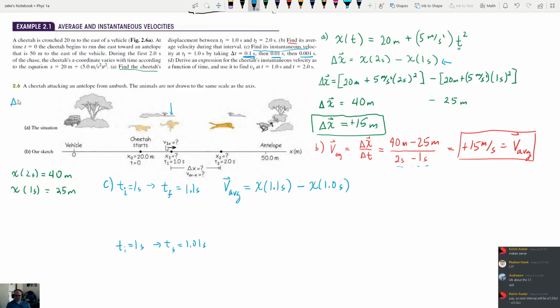Because remember that we're doing delta x over delta t, and to find instantaneous velocity, we said you take the limit of this as delta t goes to 0. So we're just making delta t smaller and smaller and smaller. So let's go through the calculation. We'll see at the end if you understand what had happened here, Andrew. So this is the calculation. We need x of 1.1 seconds minus x of 1 second. Right? So that's going to be